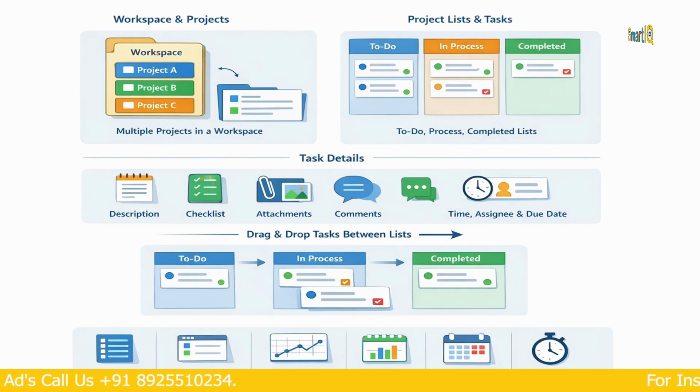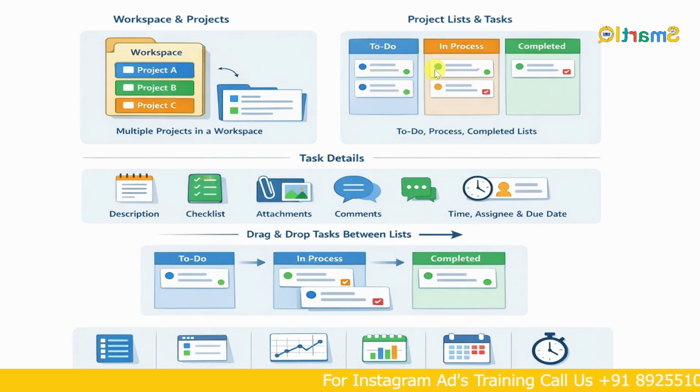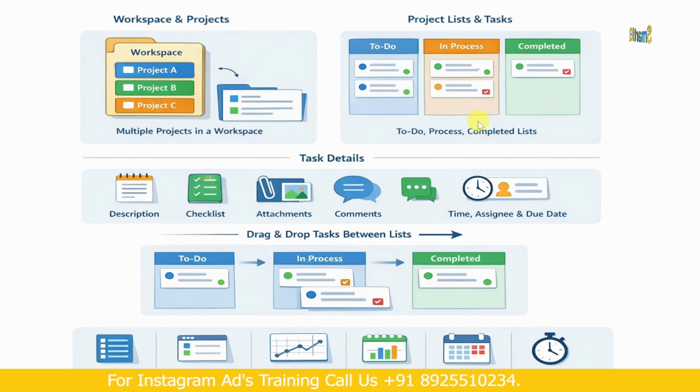So let's say we've taken a project called mobile app. What kind of tasks can we put in the to-do list for that? Designing the UI is one task. API integration is another task. Setting up the payment gateway is a task. Notifications is another task. Like this, we would put around 11 tasks in the to-do list.